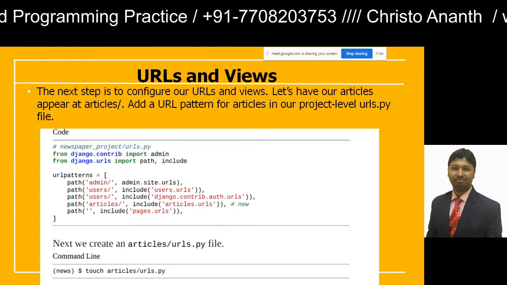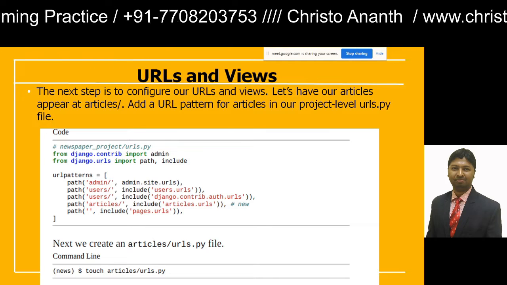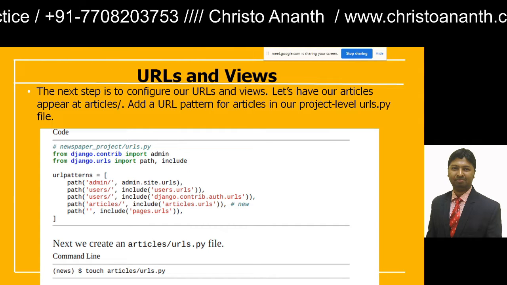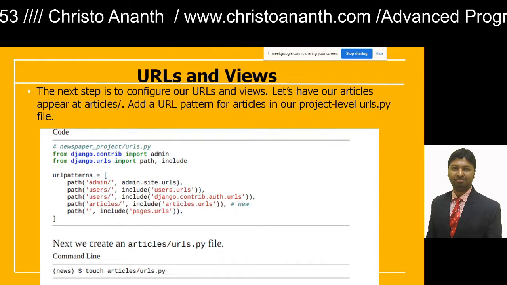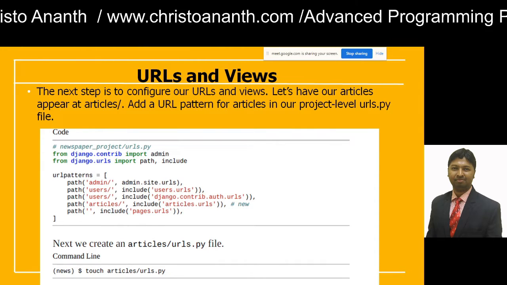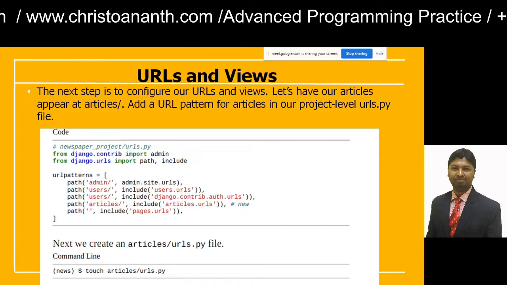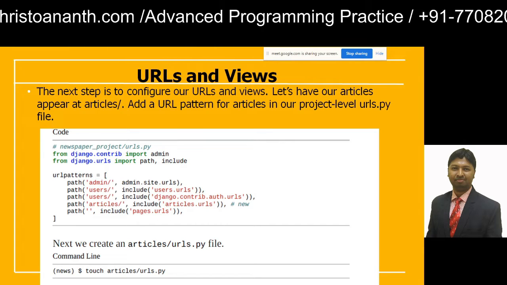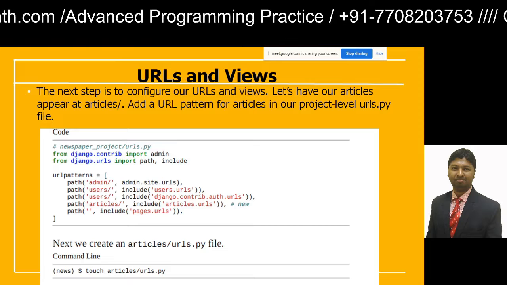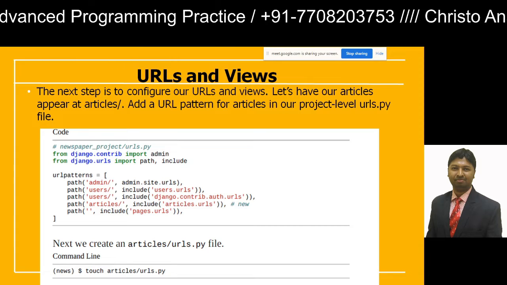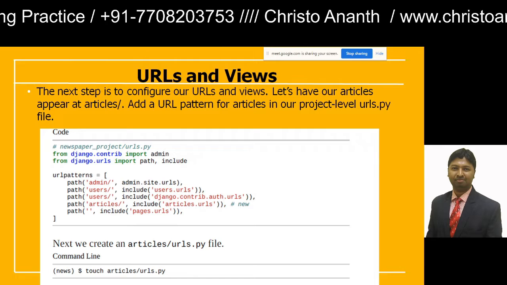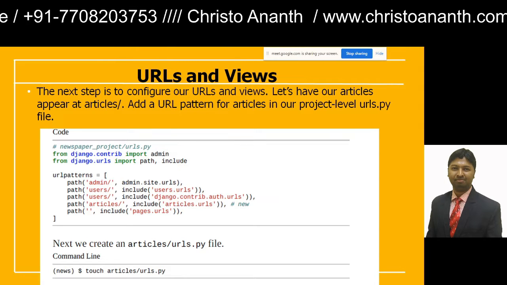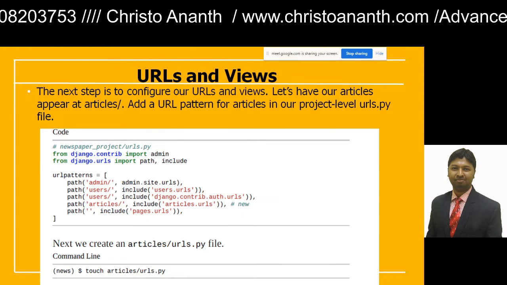Path users include users.urls. Path users include django.contrib.auth.urls. Path articles include articles.urls. And then the new path, they include pages.urls. So after doing all this with the newspaper_project/urls.py, you create an articles/urls.py file. So in the news app, we go with touch articles/urls.py.